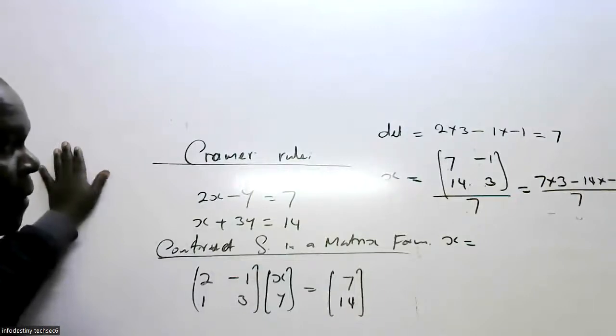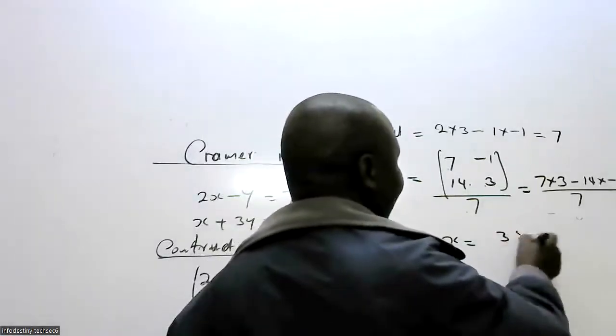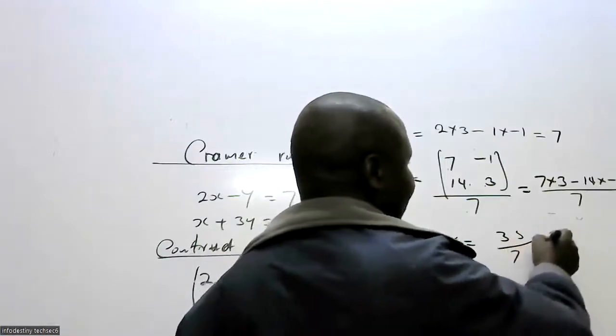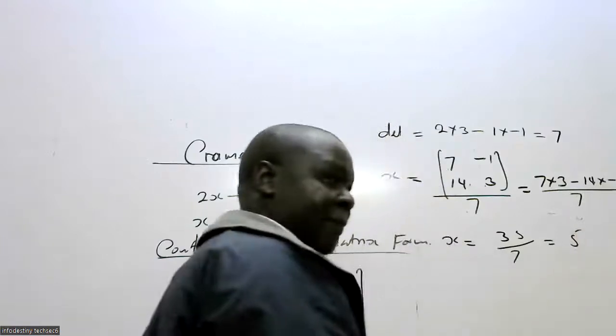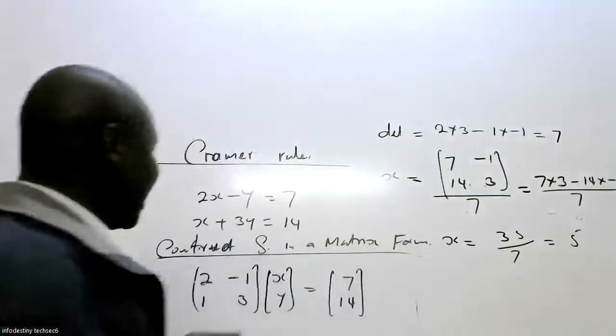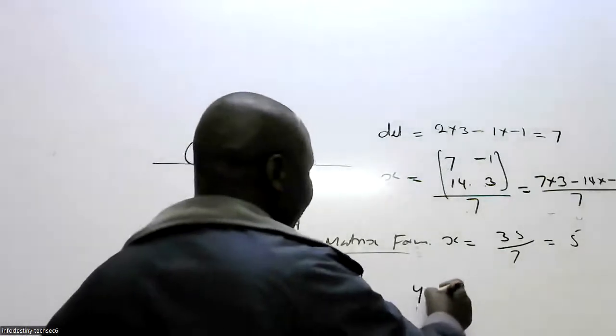you get it? Okay, the upper one is 35 over 7. So that's going to give us what? 5. So x will be 5. Now we come to the second part. Now we want to get y. We are together. So we say that y will be equal to